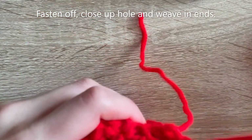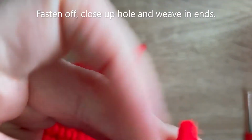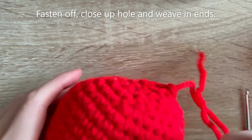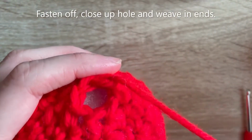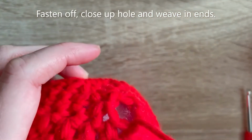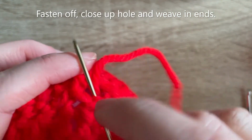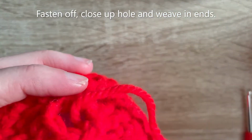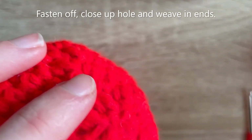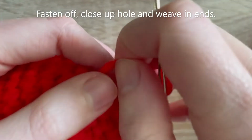And then pull through. Then grab our needle. And then we just need to go through all of the single crochets. So 1, 2, 3, 4, 5, 6, and then if you pull very tight,